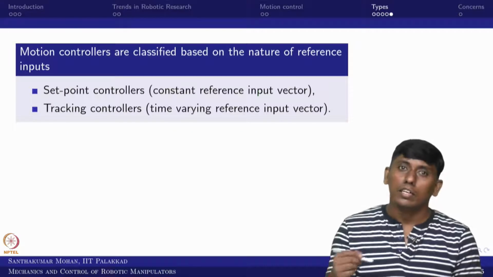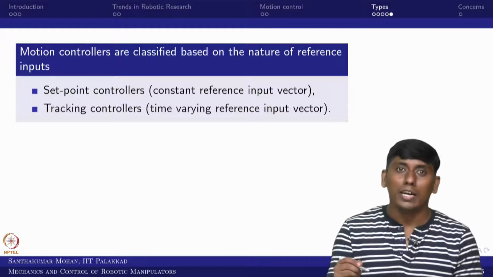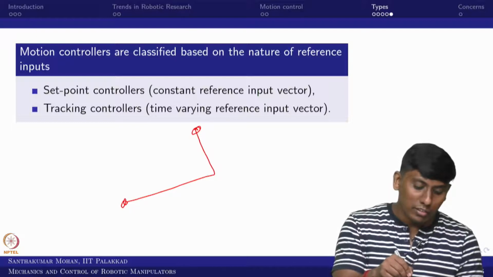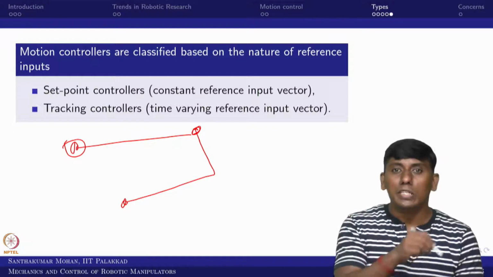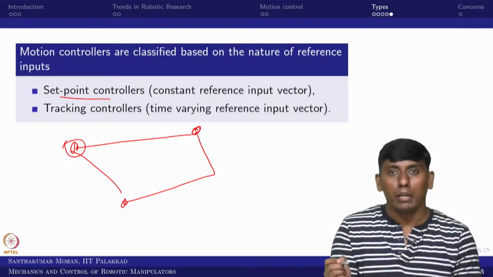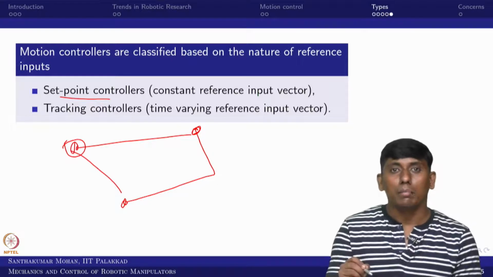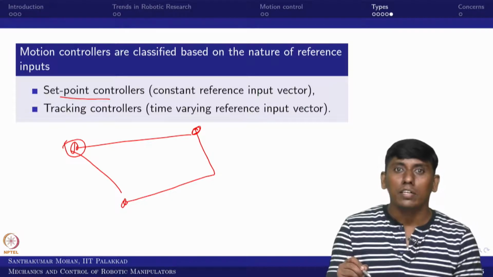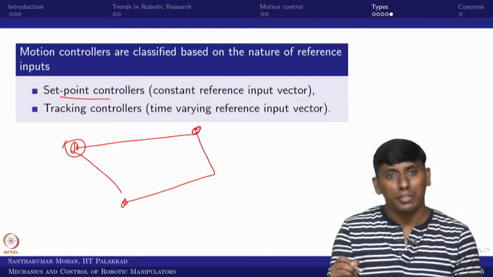Further, the controller can be classified based on the nature of the reference, which I already mentioned. One is the regulatory control, which is nothing but the set point. You have a given starting point and a desired point, and you don't bother about what time it would reach. You need to remain there after a while, so your reference is constant. This is one subclassification we call set point or regulatory control. Some people even call it stabilization, where from any non-zero initial condition we come to the home position.